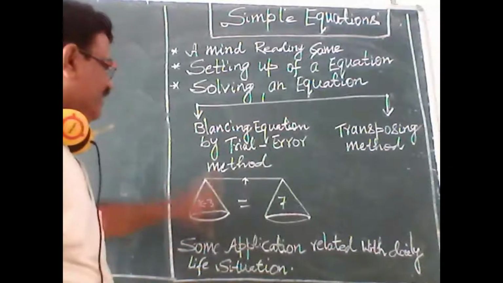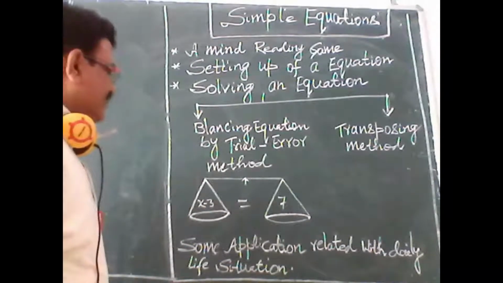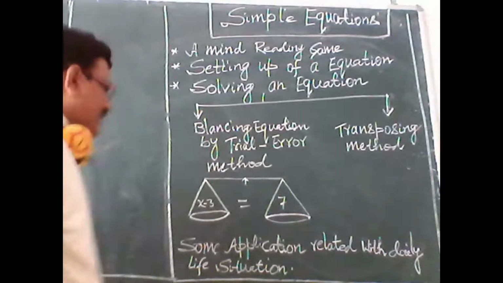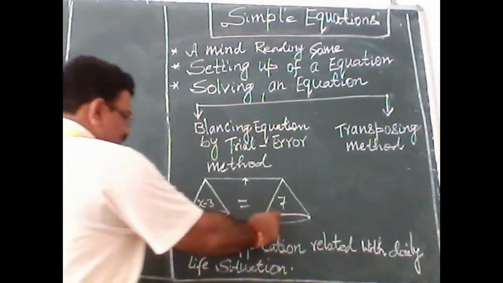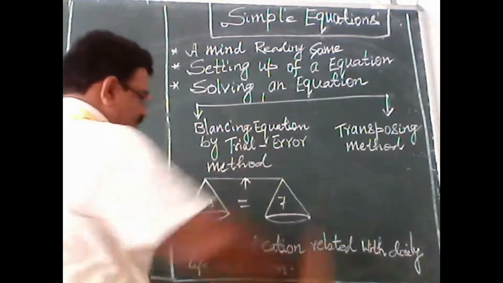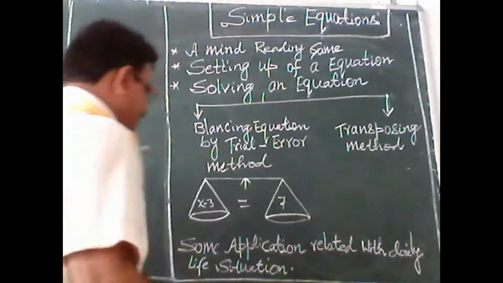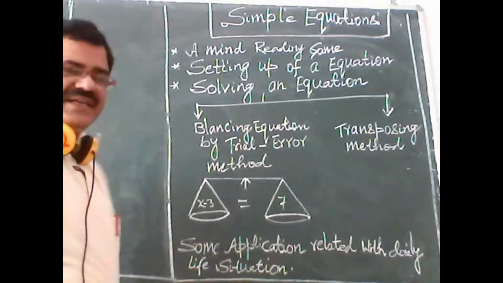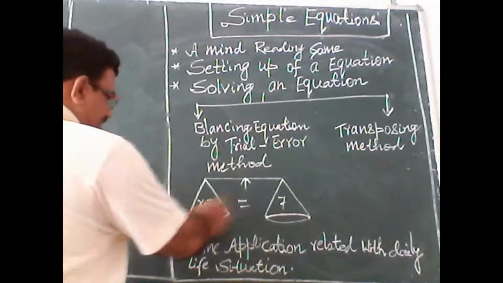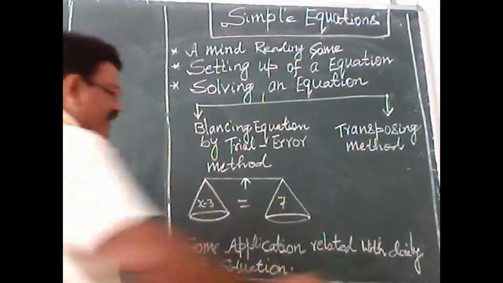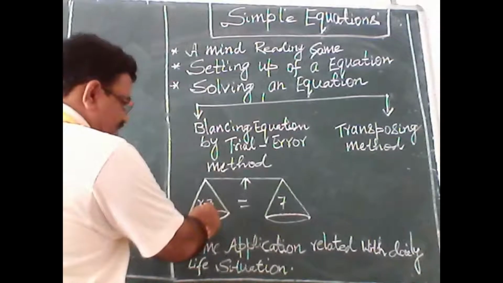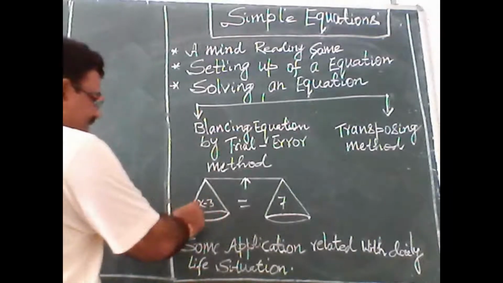How can we find the solution? By the trial and error method, by balancing both the pans, and if both the pans of this beam balance are equal, we can say that we have got the result. How can we use the trial and error method? You see, if x is here, the result is 7, we have to obtain 7. So obviously that number will be more than 3 because 3 is being subtracted.